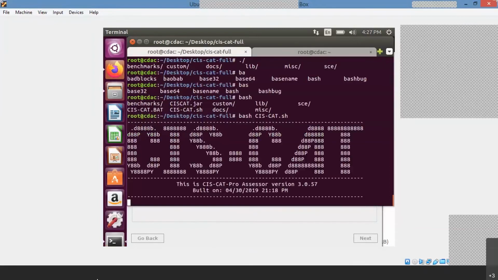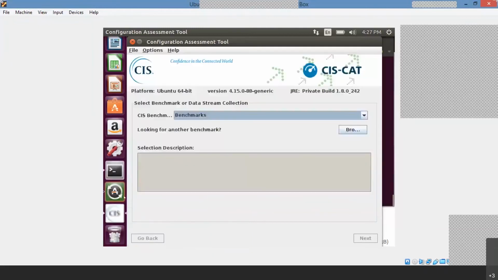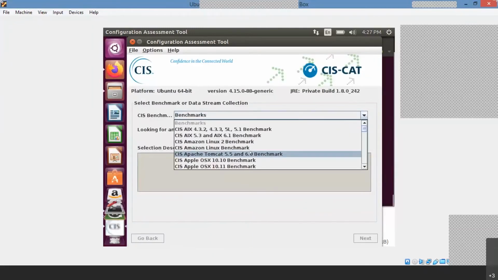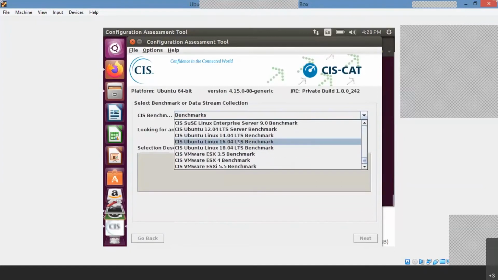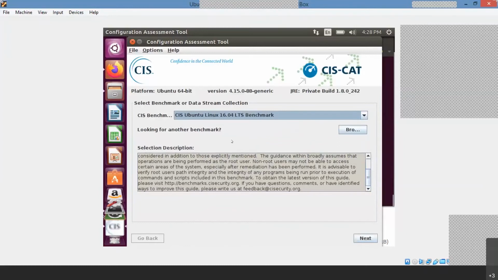As soon as you enter into these things, in my benchmark I have to select Ubuntu 16.04 LTS. I have selected Ubuntu 16.04 LTS. Okay.